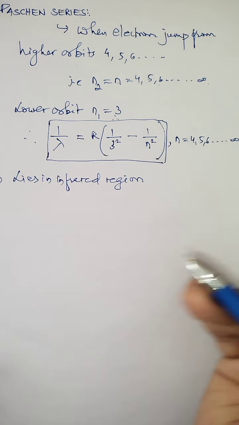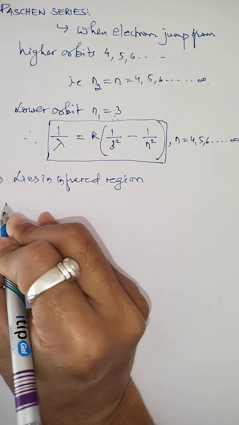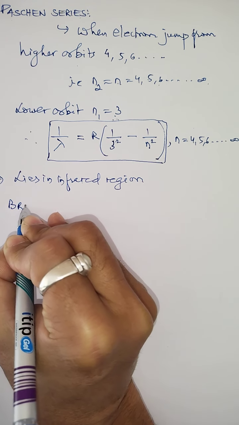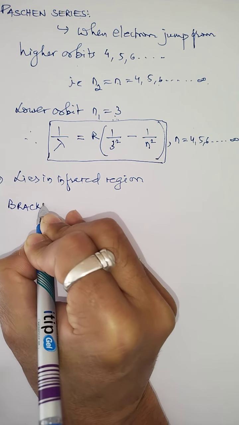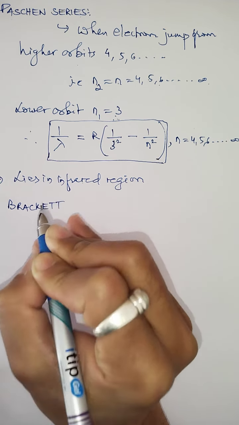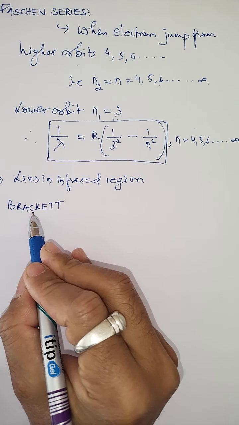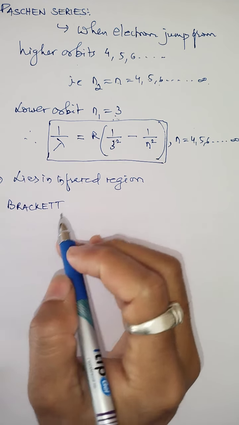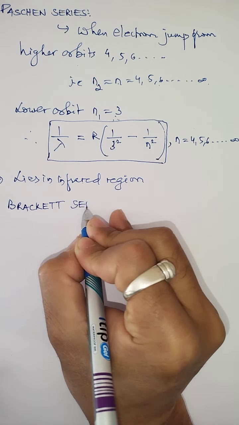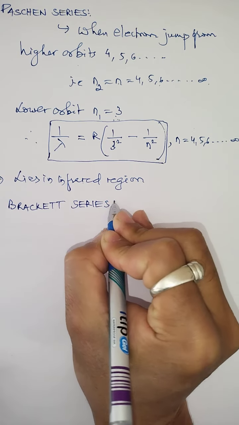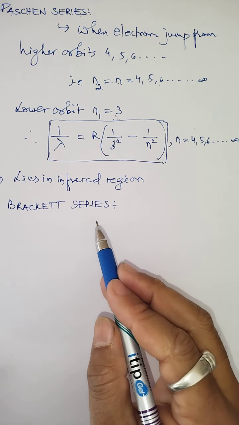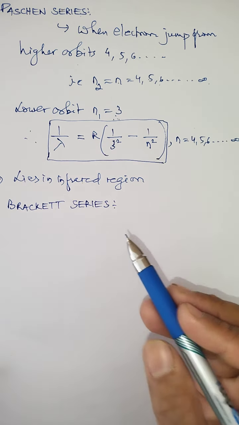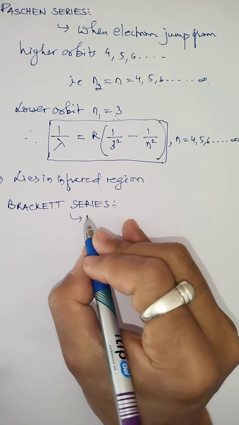Now we have another series called Brackett series. Let me write the spelling: B-R-A-C-K-E-T-T, Brackett series. Brackett series is one type of hydrogen spectrum, which was observed by Brackett. This is the name of the scientist, and this series was obtained when